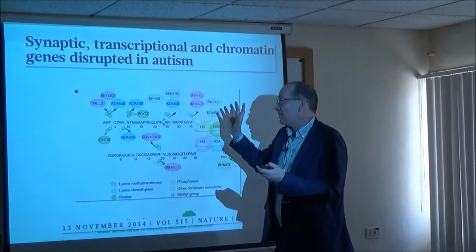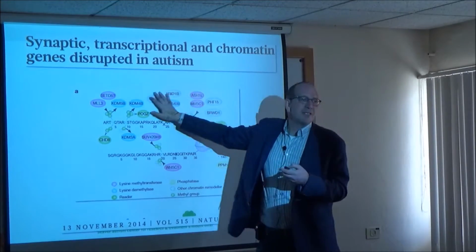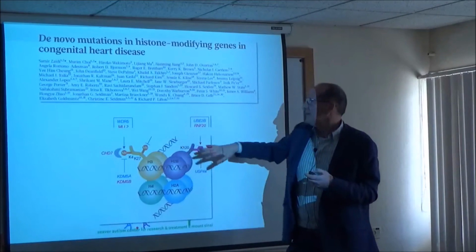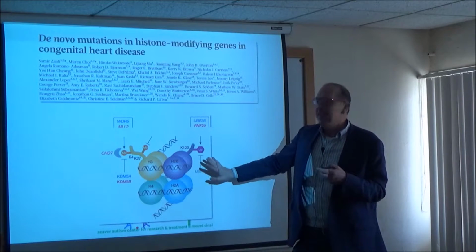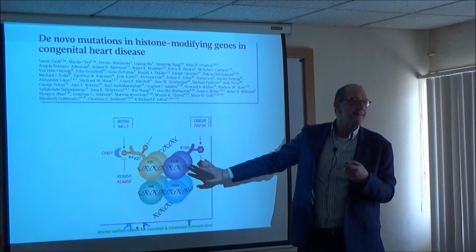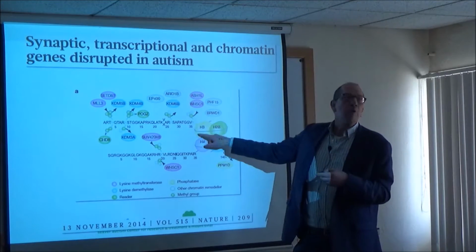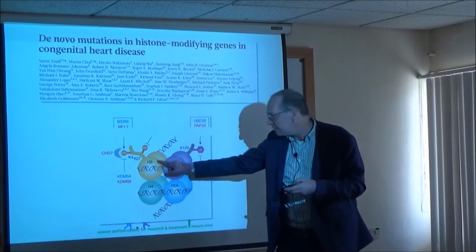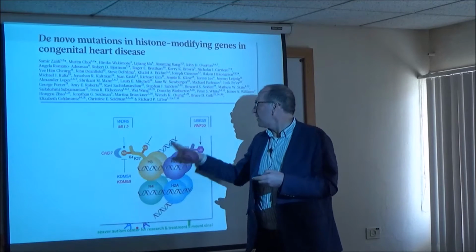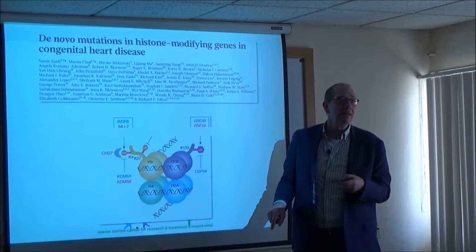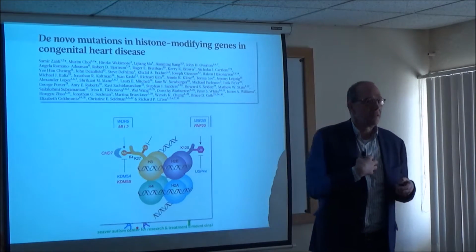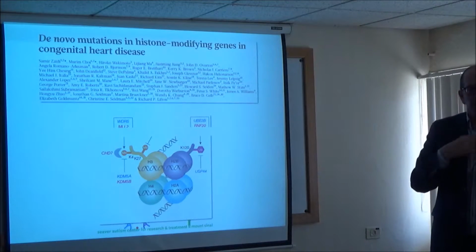The second thing or third thing or fourth thing we know about autism, these are some of the genes I showed you that we found in autism. Here's a paper that came out a year before that one in congenital heart disease. So here are your histones again. Here's the DNA. We drew it much more crudely. They drew it much more beautifully. But the genes are completely overlapping. Okay, so genes for CHD overlap with genes for autism.